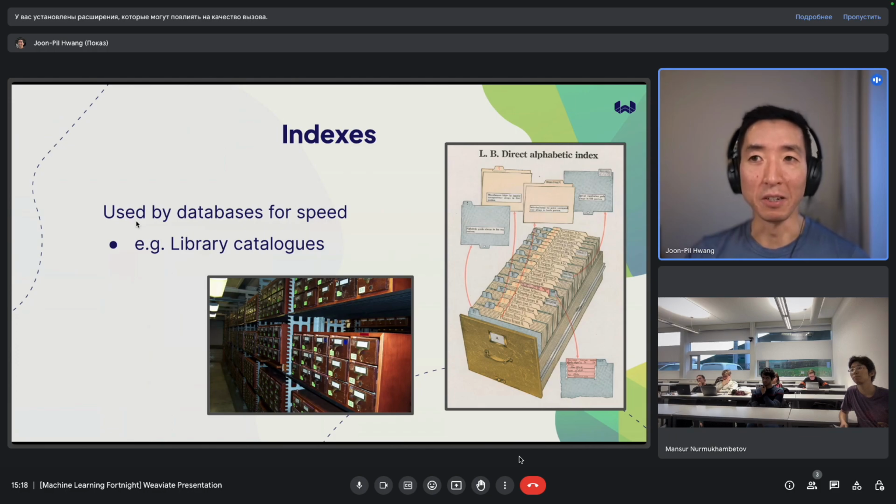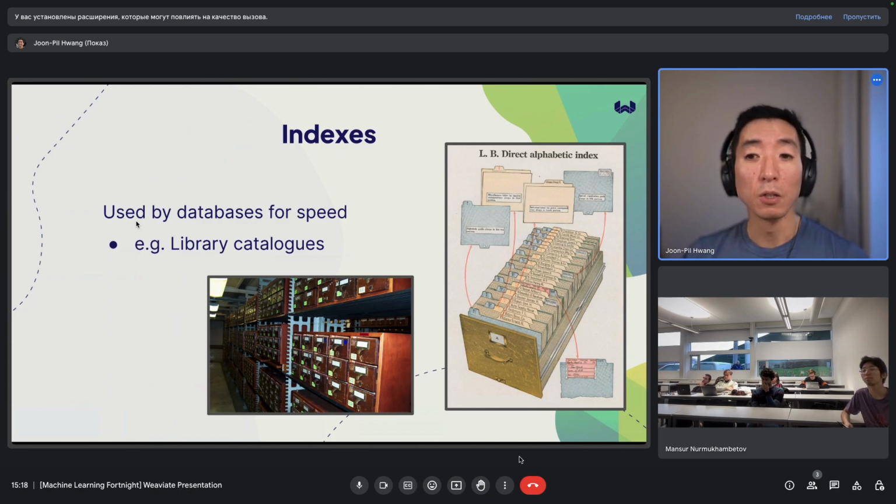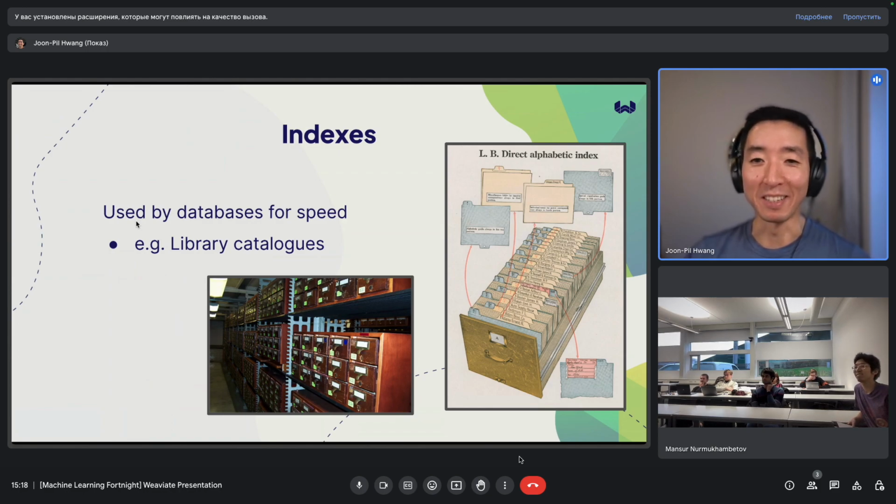Well, a solution is to use what's called an index. If you've heard of the term index before, it is basically an organization of your data, like a library catalog, to help speed up data retrieval. So in a library, you have the library catalog. I don't know if any of you have been to a physical library. I'm pretty old, but this is a thing that used to exist. You used to go to a physical library, and you might even have to look up library cards that were sorted in some sort of order, right?